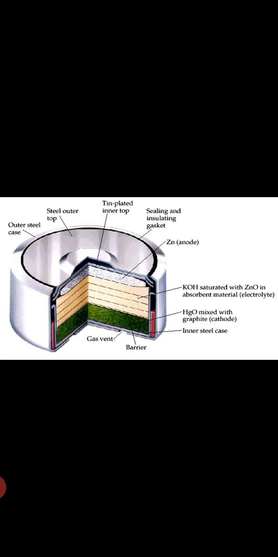And the maximum voltage you get from the cell is 1.35 volt. The potential of the cell remains constant not only during its operation but throughout its life. For that reason the mercury cell is used, because it provides a very low potential but for a longer duration of time. I said this is used in watches, cameras and hearing aids. A very small current and a small potential difference is required, but for a longer duration of time. Okay, understood what I said?